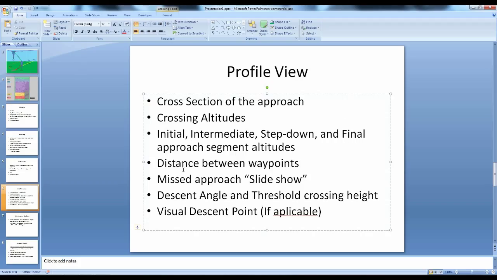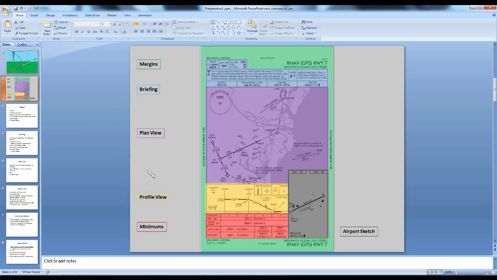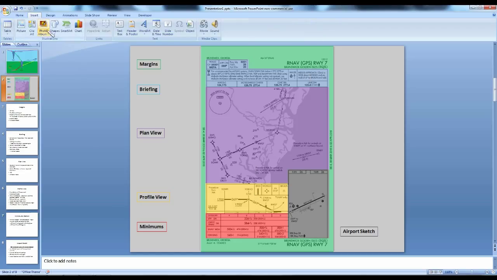It has a missed approach slideshow, as I like to call it. So if we look back, we see up in the top right corner here, the missed approach slideshow, quote unquote, which is basically just a picture version of the first part, usually, or the entire missed approach procedure. So ignoring this up here, in fact, if I cover it up,